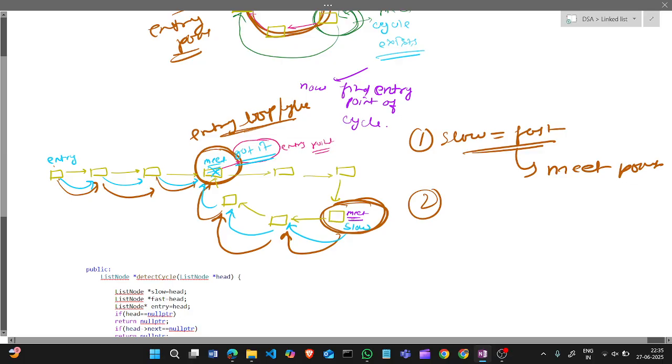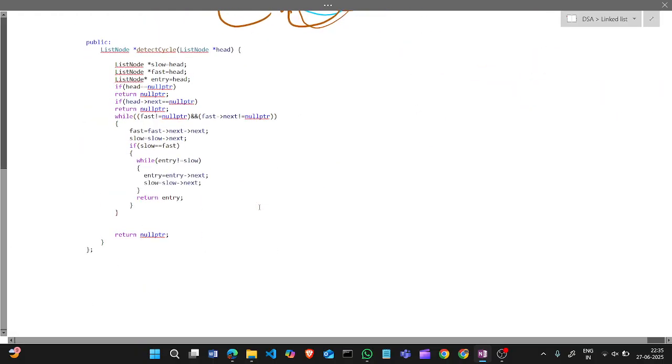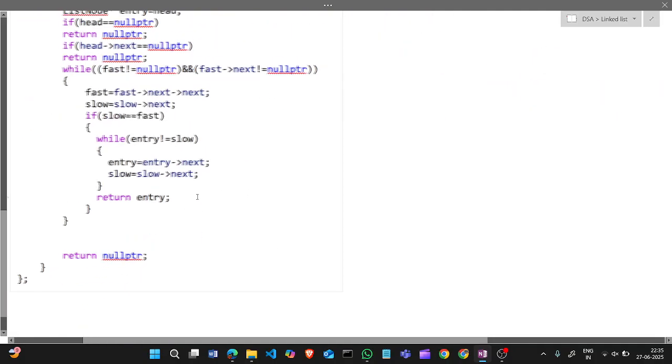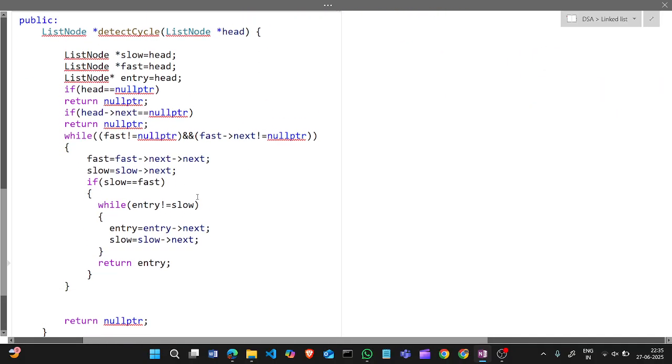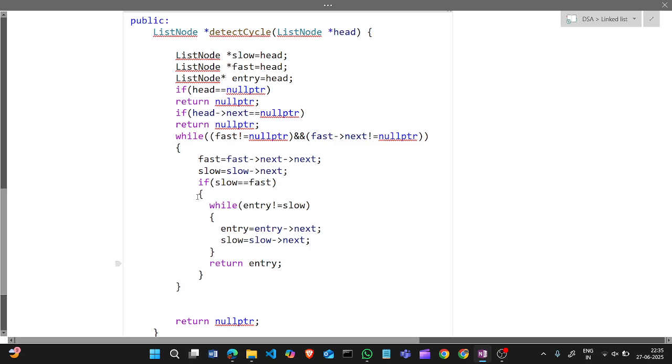First we have to find where slow equals fast, which is the meeting point. Then we run one pointer from there and one from the head, one step at a time, and wherever they meet, that is the entry point. The same thing happens in this code. We check slow and fast; if there is no node, return null.